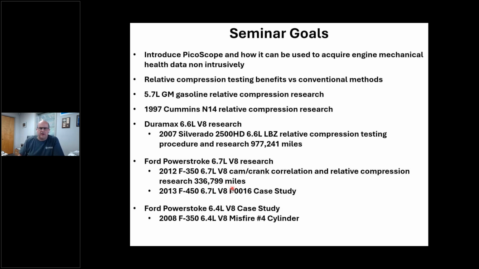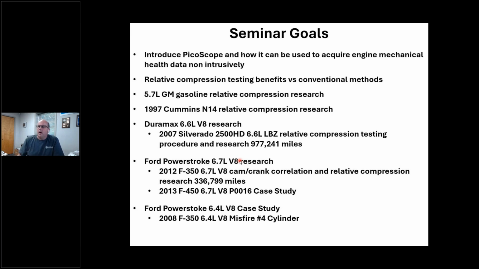All right, right now it's got over 1 million miles on it. This is a vehicle we've been working on ever since this gentleman worked up here. He's a traveling sales guy, and it's a pretty interesting truck. It's got all original injectors and everything, and it runs great. There's nothing wrong with it. But I want to hit home a point: we can check the mechanical integrity of this engine without doing